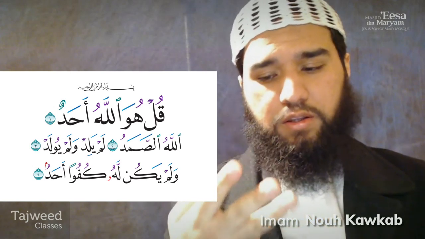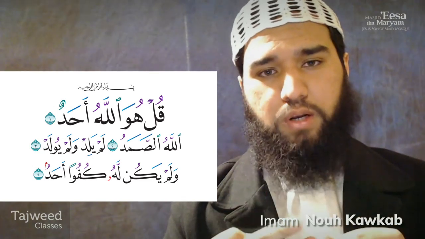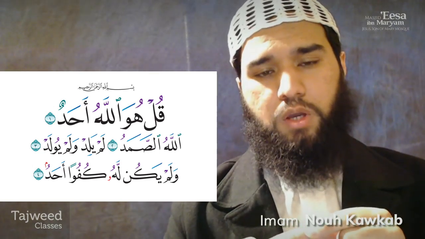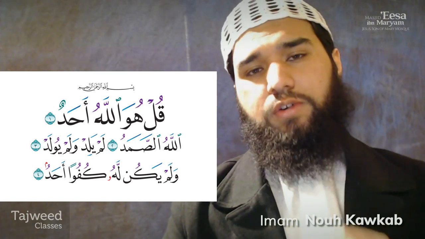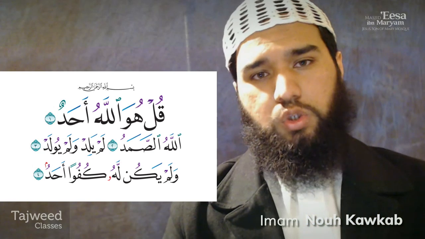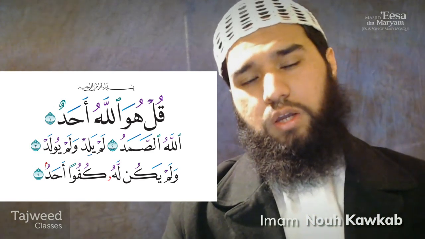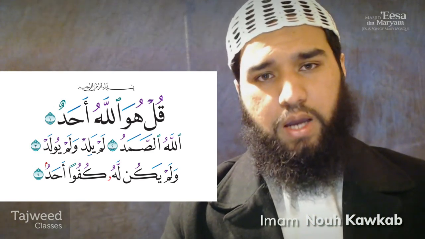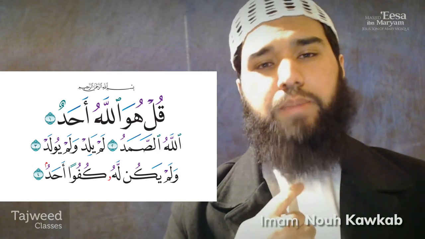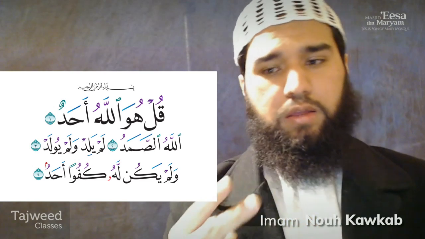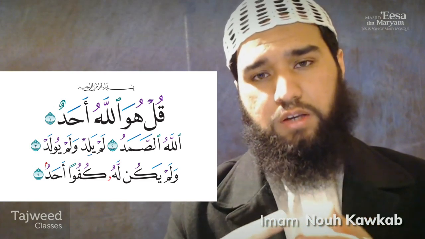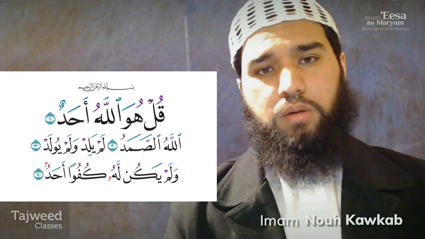So we have three places in the throat: all the way bottom of the throat, middle of the throat, and the top of the throat. Hamza is one of the throat letters, and it is pronounced from all the way bottom of the throat. Then comes the letter Ain, which is pronounced from the middle of the throat. Hamza and Ain, their pronunciations are very close to each other, but